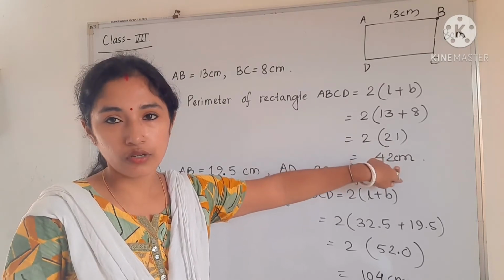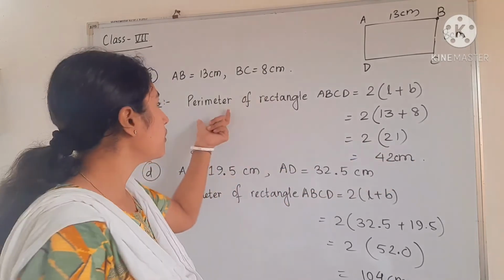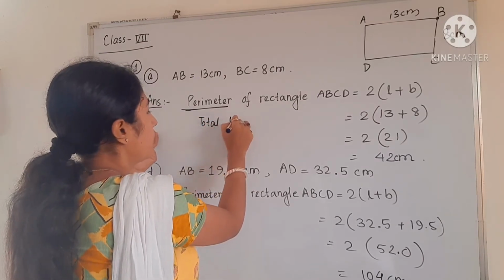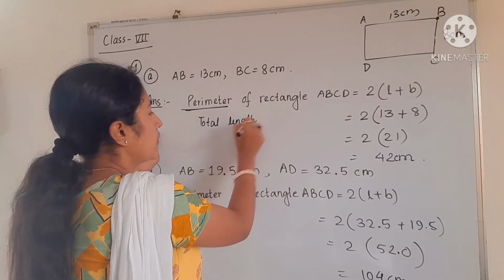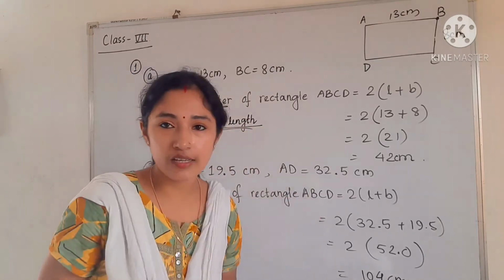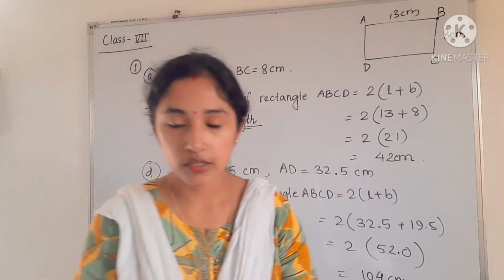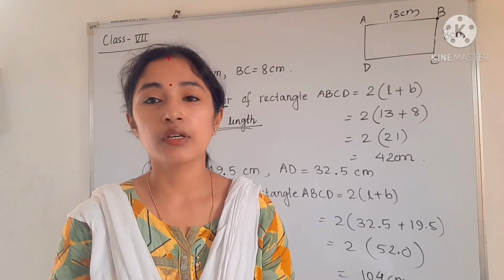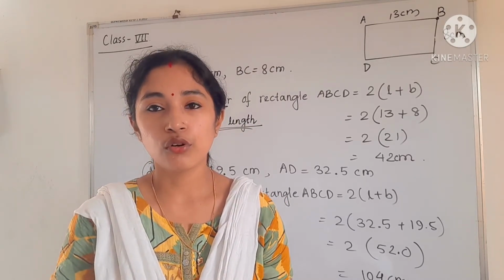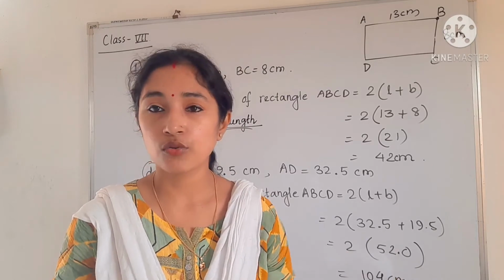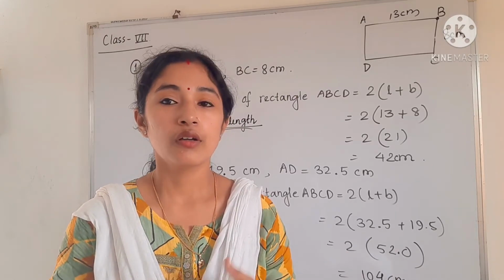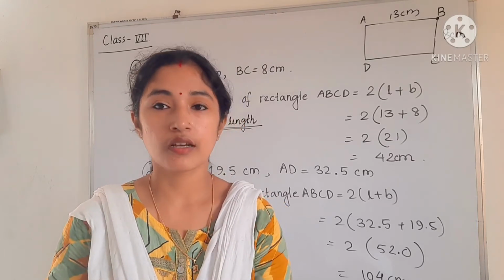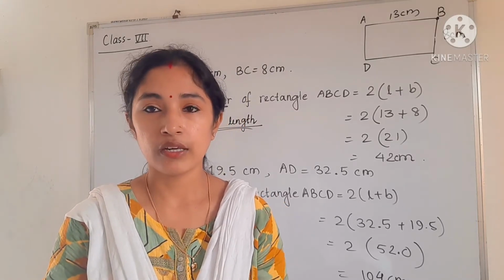Unit is must, okay. And we know that the meaning of perimeter is what? Total length of the boundary, okay. Total length of the boundary. That means we are measuring the distance. So distance should be measured in meter, centimeter. There are many units you know already. Meter, centimeter, kilometer. Okay, so don't write kilometer square or meter square or centimeter square, because that one will be the unit of what? Area.